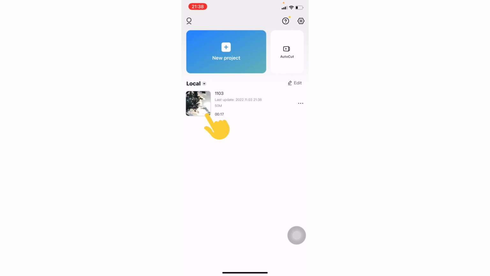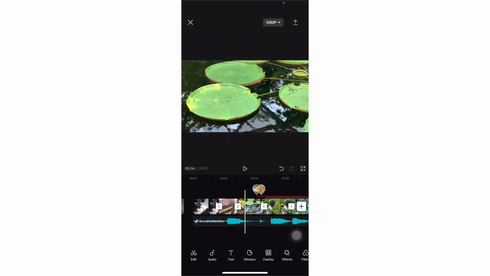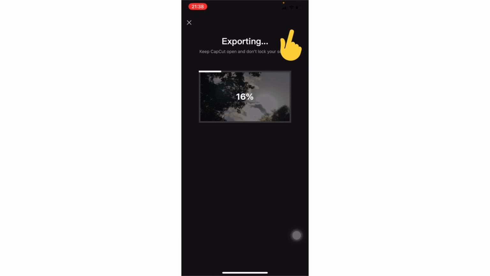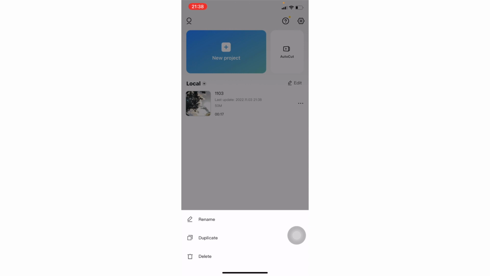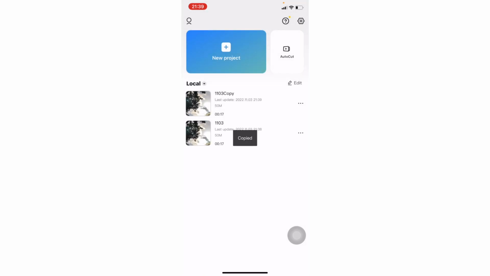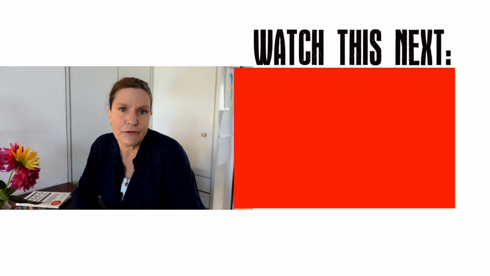I can now make a new project if I want to, but I can also go back to this project if I want to change something, and if I have changed it, I can export it again. So if there's something you don't like about your video, just go back to your project, change it and export your video again. You can even make a copy so you don't harm the first version of your video. So you see, with a few great photos and a little creativity and a lot of patience, you can make a great video for your business.